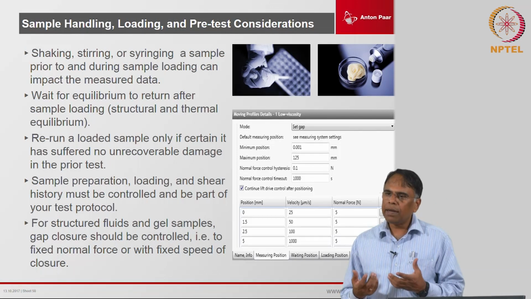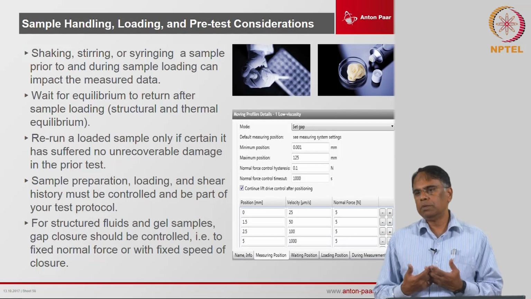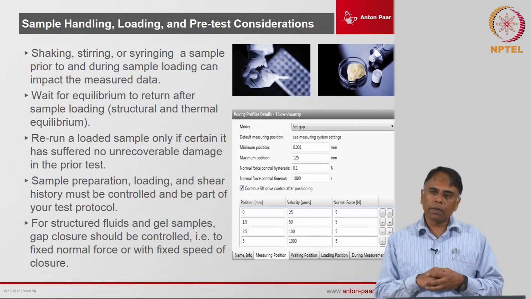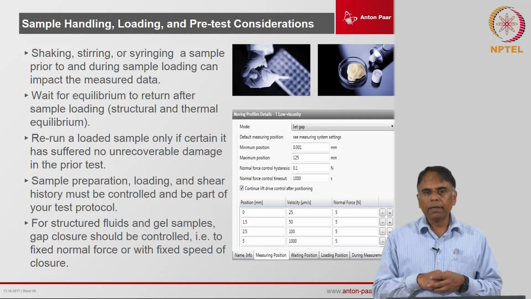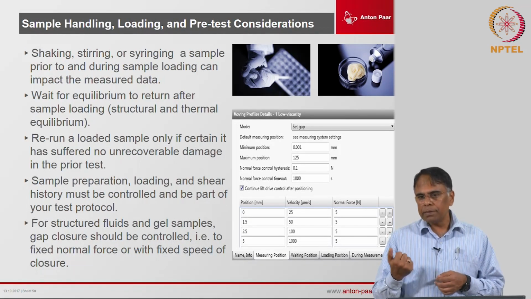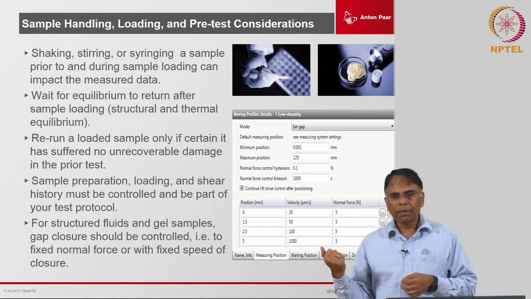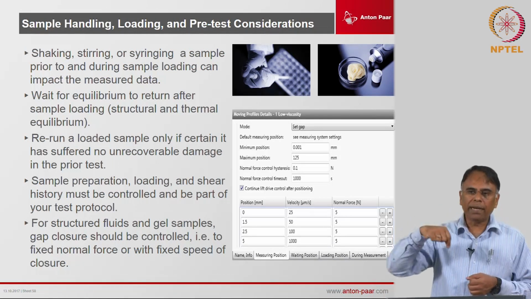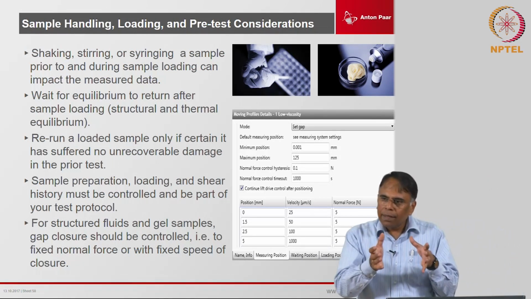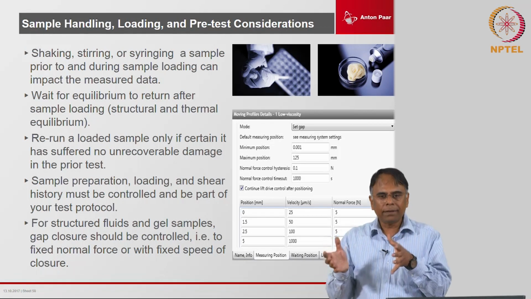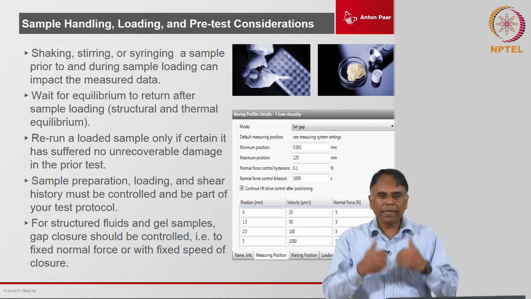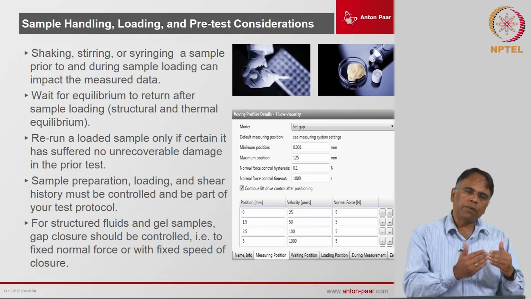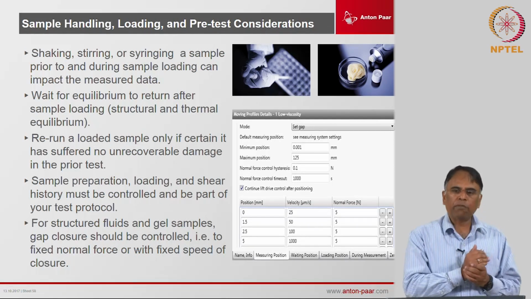The easier way to load samples is to load them by volume, if you are able to pipette the sample. If you have liquid samples which are pipettable, you can load exact volumes and you will not need any trimming. Every geometry has a defined volume, and any rheometer software will be able to give you the sample volumes.